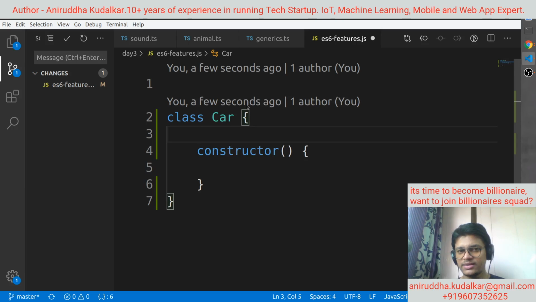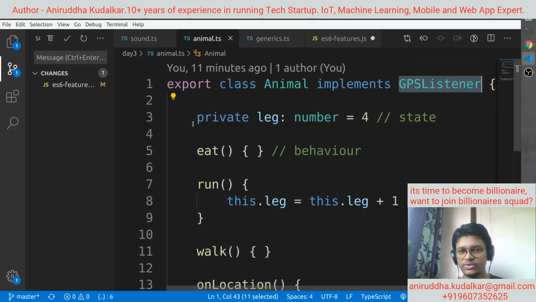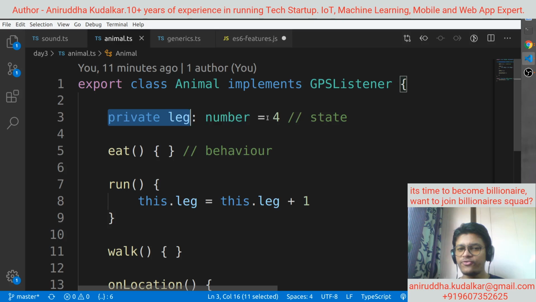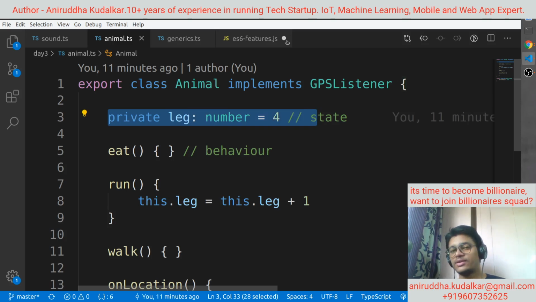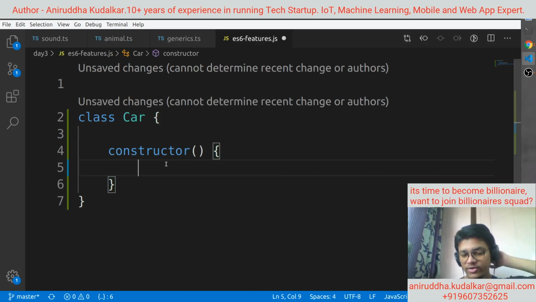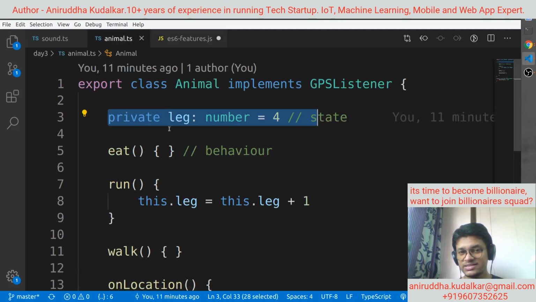But in TypeScript, if you go to animal.ts, we define fields at the class level.